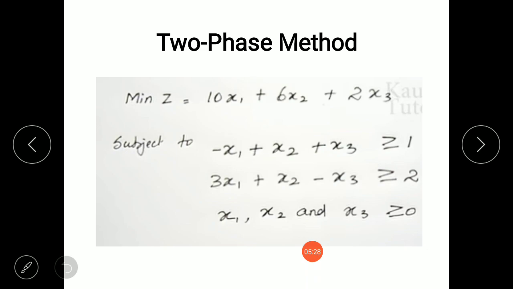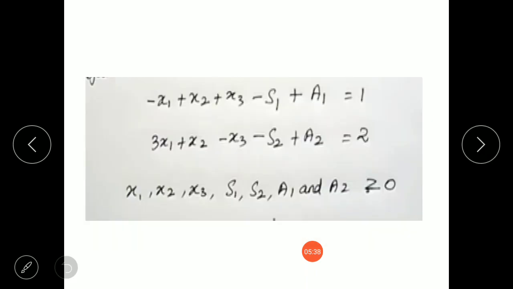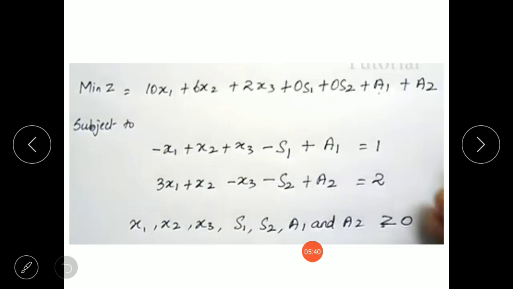Since we have introduced these variables in the constraint equations, we need to introduce them in the objective function also. The surplus variable will have 0 coefficient and the artificial variable will have coefficient 1 in the objective function.